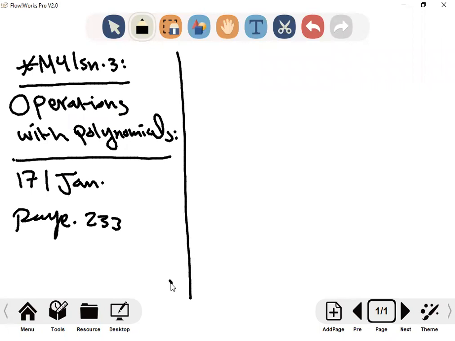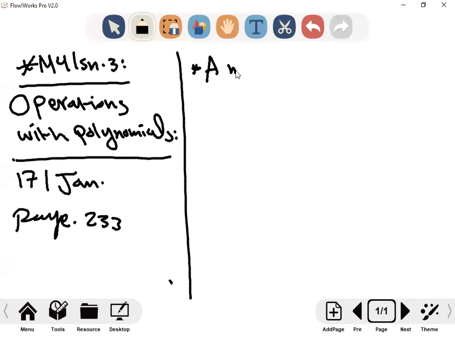Now, in the previous lesson, we talked about polynomials in behavior, degree, leading coefficient, right? Domain and range also. The first idea in this lesson, we will continue, but with different polynomials. In the previous lesson, we took polynomials with one variable. The polynomial can be more than one variable, okay? For example,